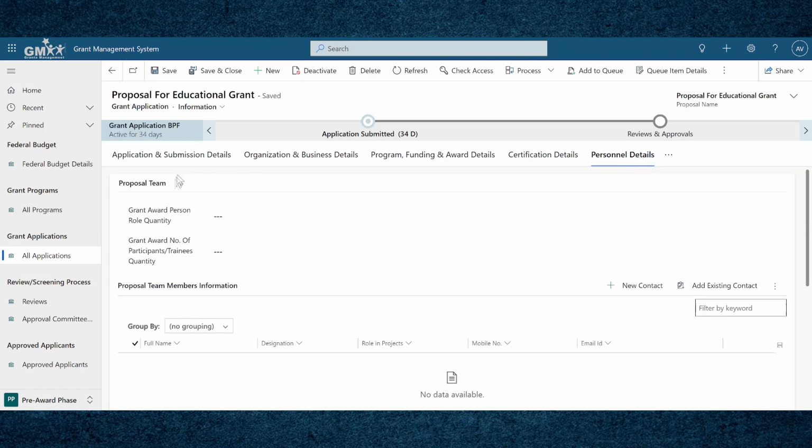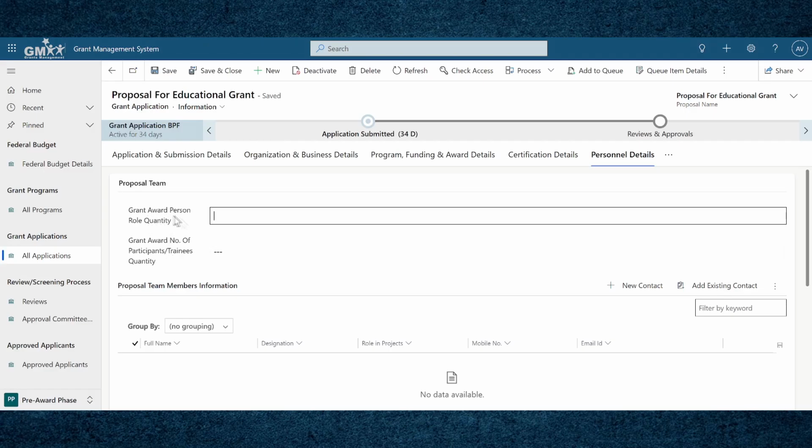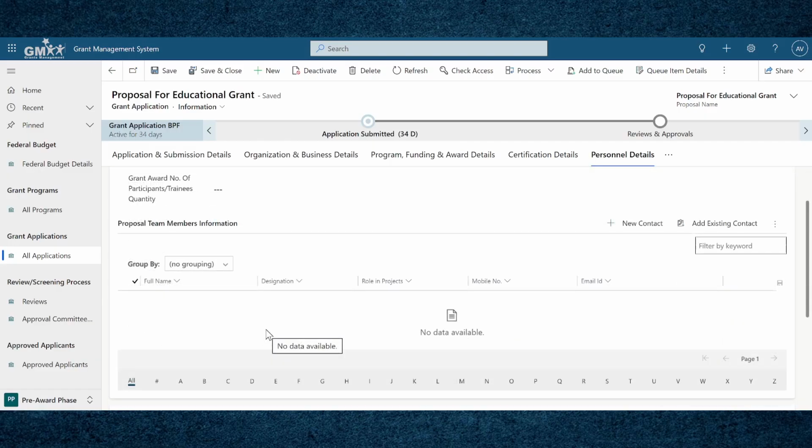So next, we have a section that requires details regarding the senior key person. So here, if I choose a contact, like say maybe Alex Baker, you can see that the designation has automatically appeared here. Then our next tab is past programs. This tab shows details regarding the past proposals and programs that this particular applicant organization has participated in.